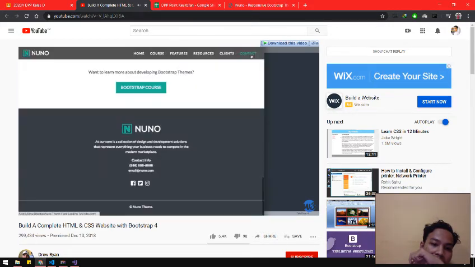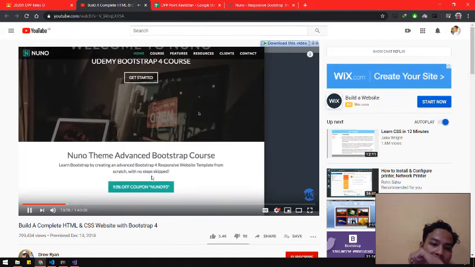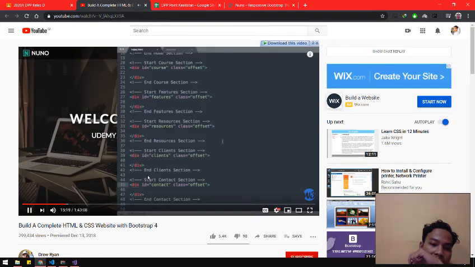And now we have all of our sections laid out for Bootstrap scroll spies, so we can go ahead and start adding